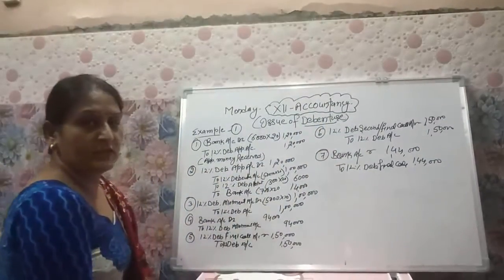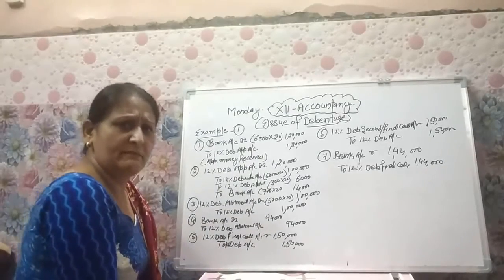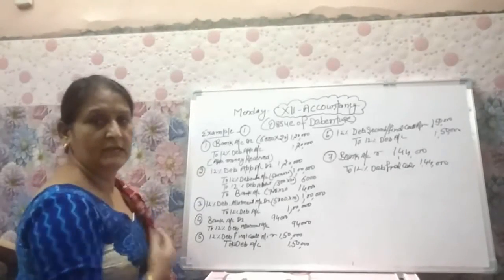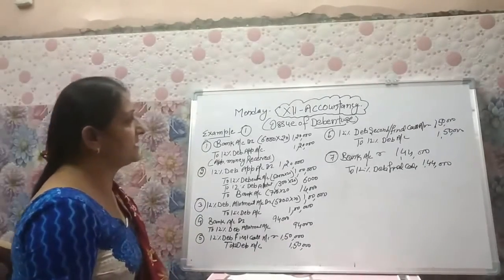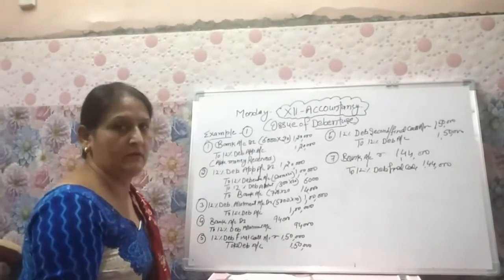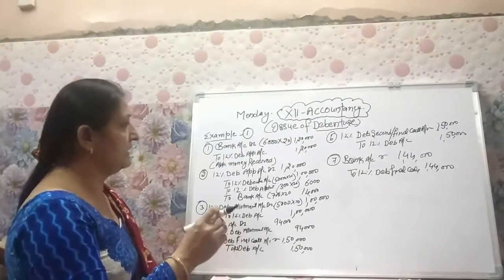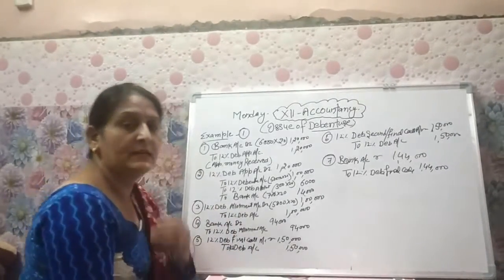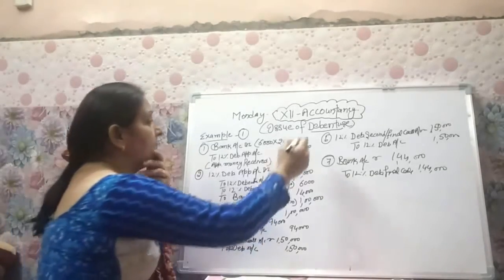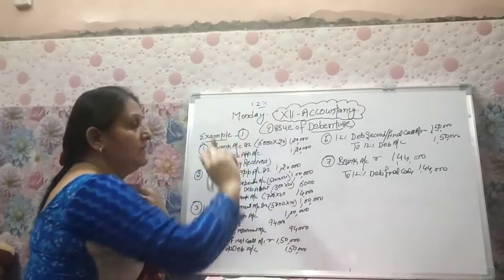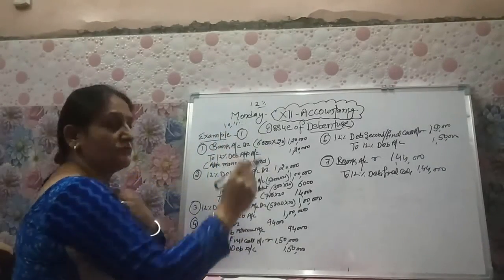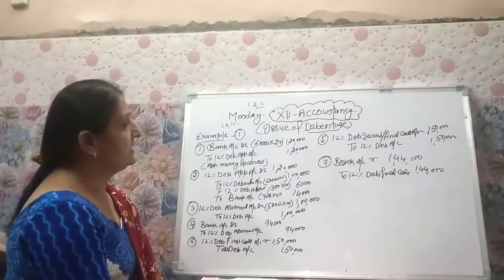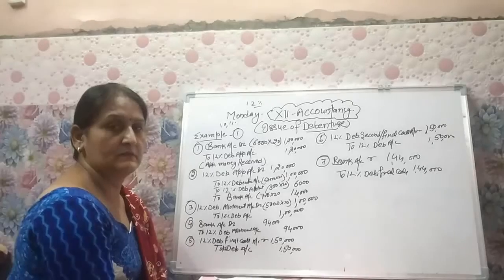Good morning, class 12th. In accountancy class, today is our new chapter and that is issue of debentures. इससे पहले बेटा हमने issue of share किया था and there is the same lump sum accounting treatment for issue of debenture. The difference is amount received from the share will be treated as share capital, but the amount received from debenture will be treated as a loan. So in the accounting treatment of issue of debenture, we write debenture instead of share, and there is a particular percentage of debenture, just like 10% debenture, 11% debenture, 12% debenture. When the percentage is given with the debenture, it shows the rate of interest on debentures, right?